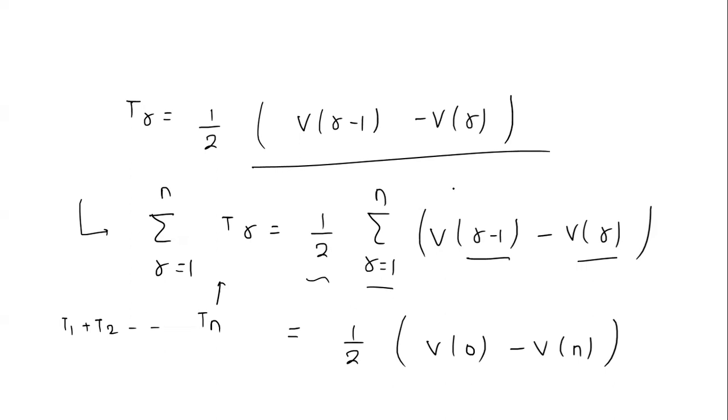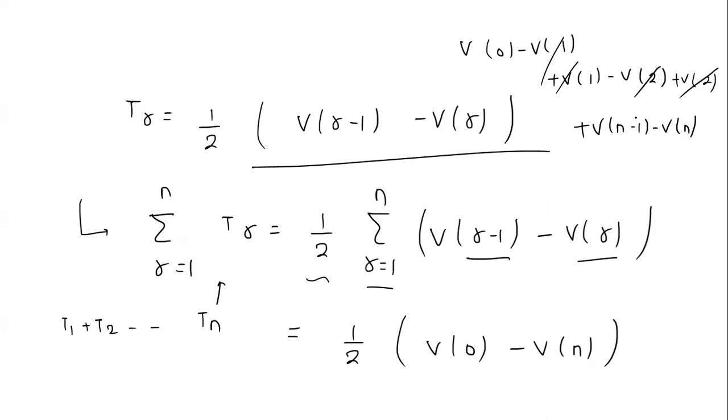Now if you put different values of r, it will come like v of 0 minus v of 1 plus v of 1 minus v of 2, and if you put n, it will come like v of n minus 1 minus v of n. So all the factors will cancel here,